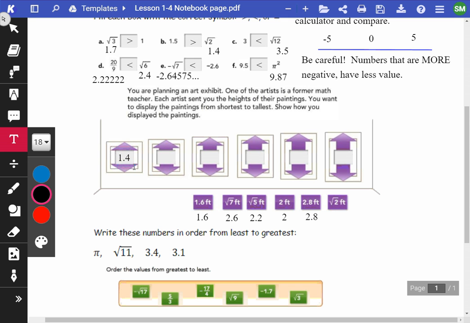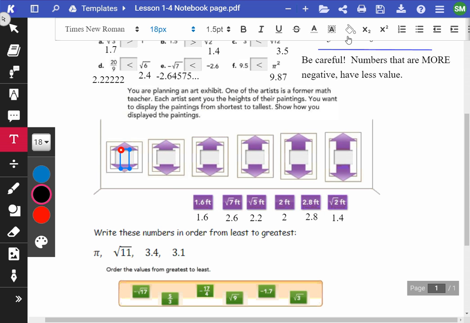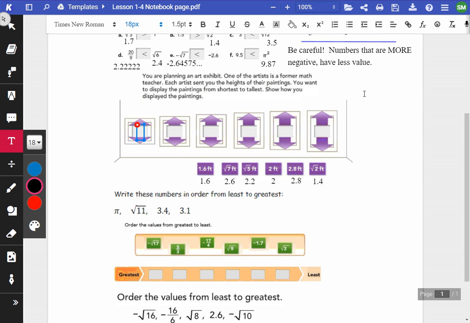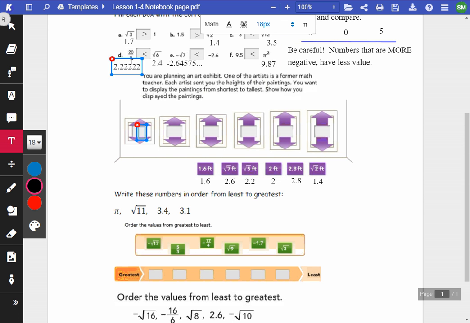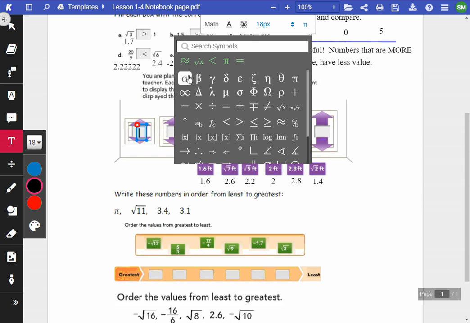Which is actually, you know what? I'm not going to do that, because I want to put what they gave me. They didn't give me 1.4. They gave me the square root of 2. So I am going to put the square root of 2 in there. And that means I got to make my screen a little smaller so that I can see my function here. It's all right. I'll change it to bigger again in a second. Square root